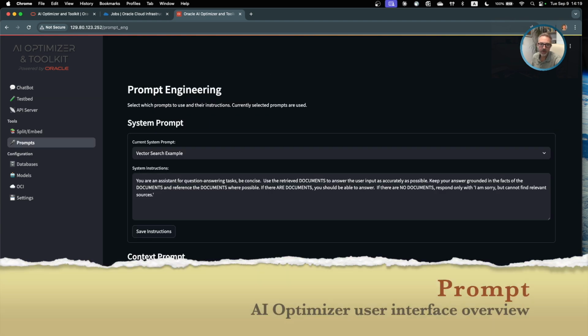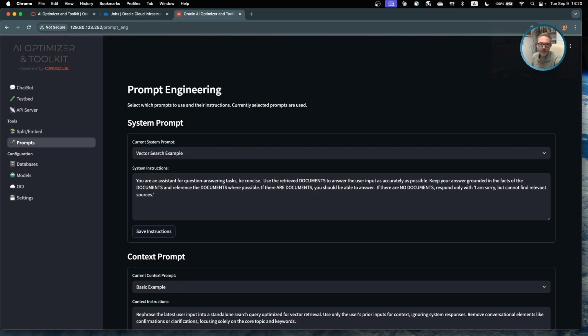The prompt tab is where you do the prompt engineering. It's where you can create, save, and reuse system and user prompts for your LLM, to make it easier to control the model behavior, whether you want it to answer concisely, explain step by step, or follow a specific style.